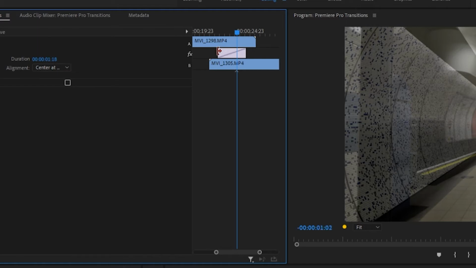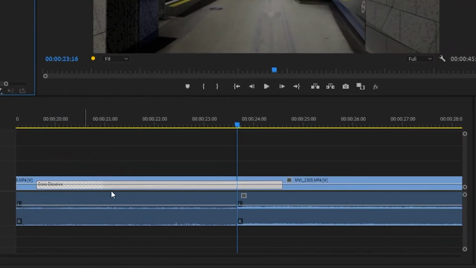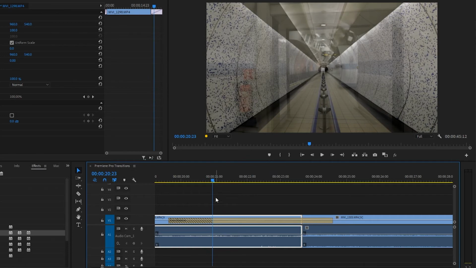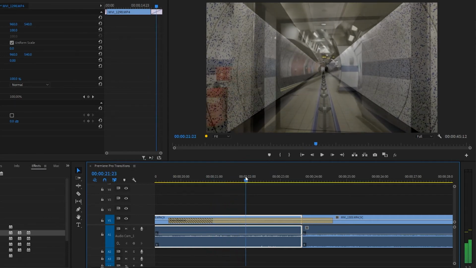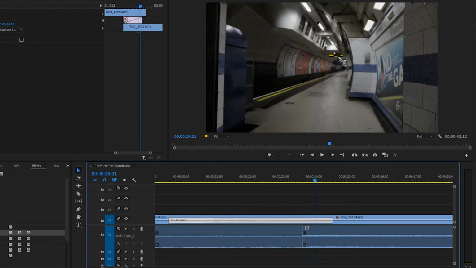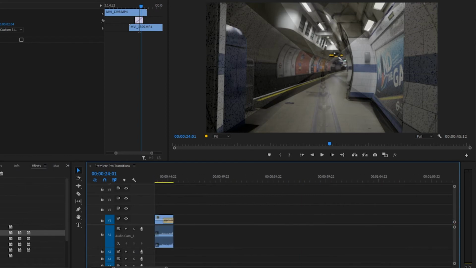If we move the transition beyond that, you can see those diagonal lines. There's nothing there to play and the transition won't work properly. You can notice here in the timeline, if we go to that area, nothing happens because the video on the right hand side doesn't have anything to play. If we go where the diagonal lines finish, you can start seeing the next video and the transition starts working properly. So just keep in mind and be careful how you apply the transitions, because sometimes if you go beyond that, it's not going to work properly. So let's move to the next part.